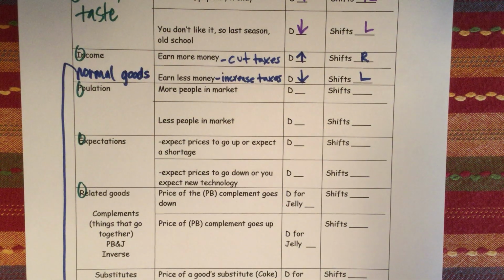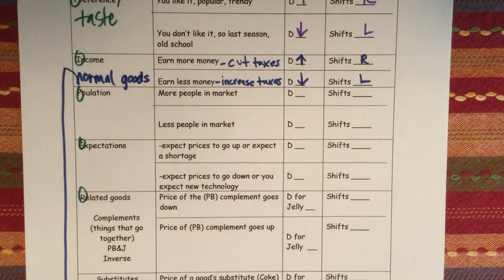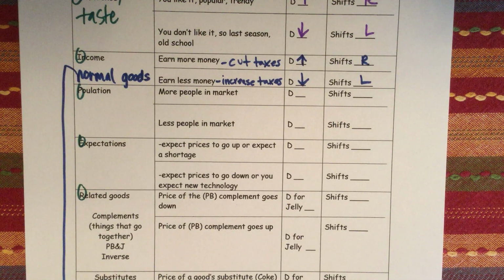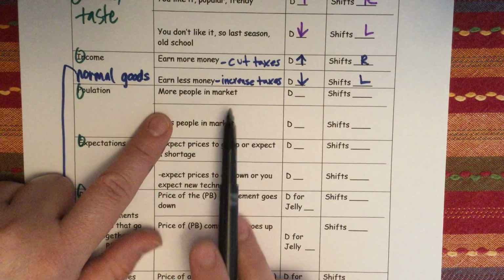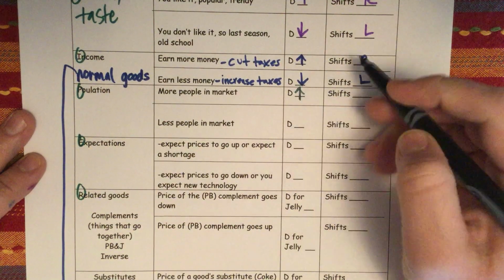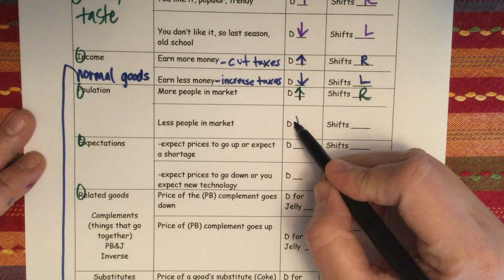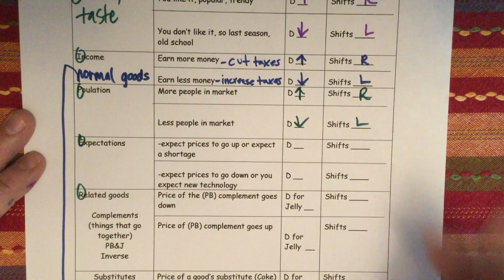And now that everyone is freaking out about the coronavirus, everyone is becoming a new customer in the market for masks and gloves. This is also true when there's an influx of immigrants that either come into the country or leave the country. If you think of a market, if you have a sheer increase or decrease in consumers, then your demand, the willingness and ability to buy stuff, is going to go up or down accordingly. So if you have more people in the market, demand will go up and shift to the right. If you have fewer people in the market, demand will go down and shift to the left.